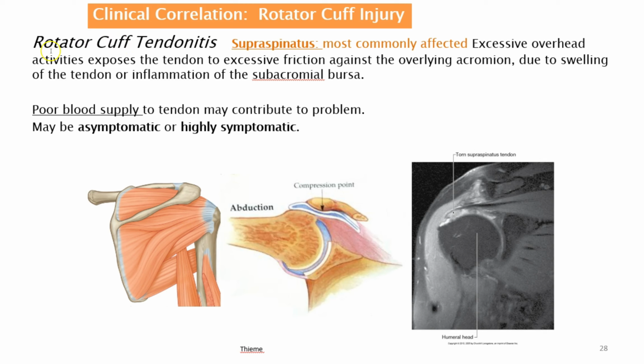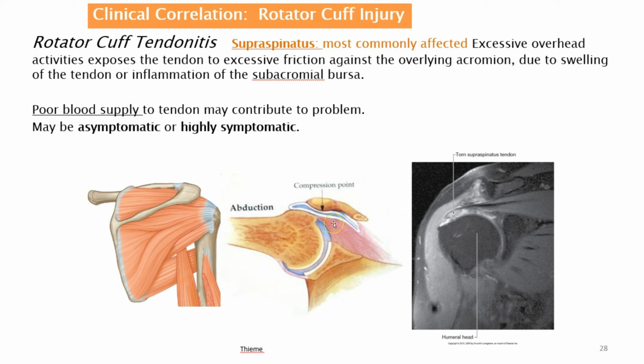Now this happens in the young population or in the older or middle-aged populations. So it happens across the board in people who are athletic and people who are not athletic, due to overuse, reaching overhead, due to common ADLs or activities of daily living, reaching behind the back, wiping, cleaning, etc. The supraspinatus, once again, has very little clearance underneath the acromion process, as well as, we don't see it here,